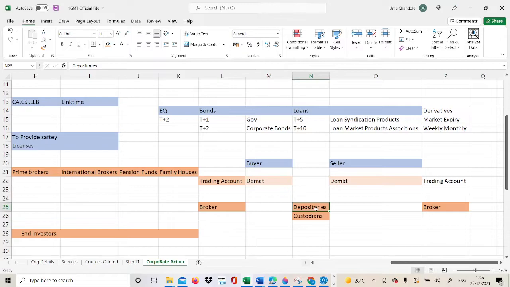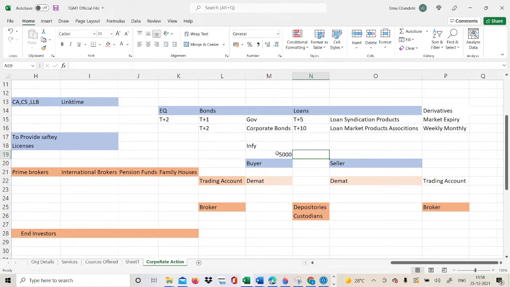Whenever you see short trades or intraday trades, all the activities happen in the broker's trading account. But whenever you purchase something and hold it, suppose you have purchased 500 Infosys shares,